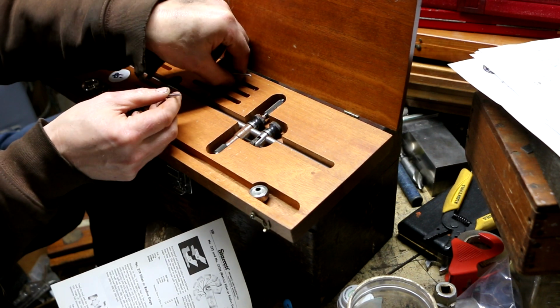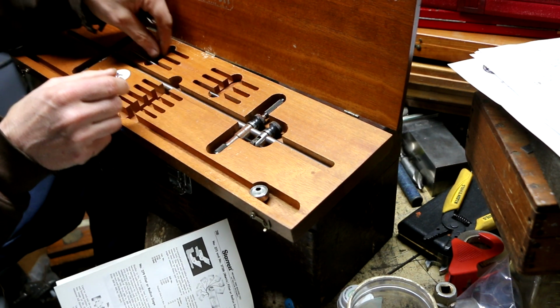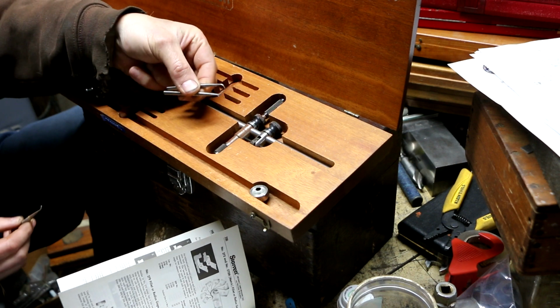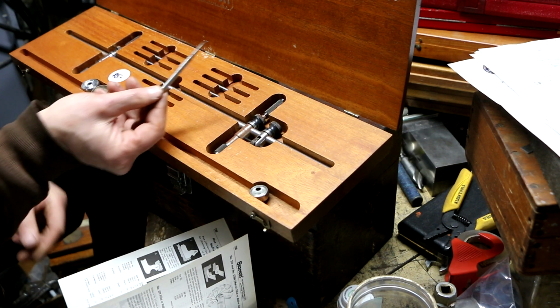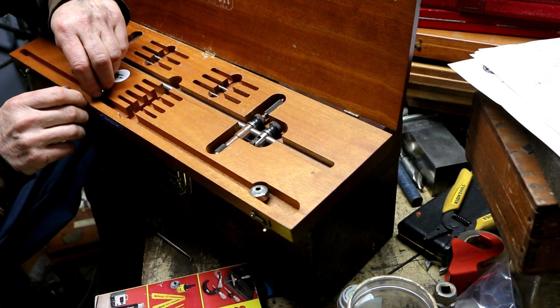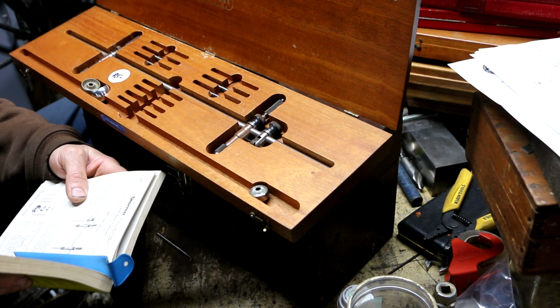Okay? Then one of the available accessories to this kit are a pair of bent leg points like that. So that's already got an accessory in it that didn't come with it. And then there's an extra bent leg point. Then there are these ball attachments which would have been part of an accessory kit called a 251E, which would